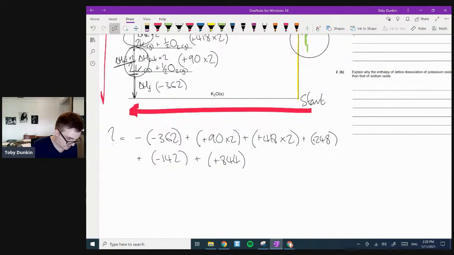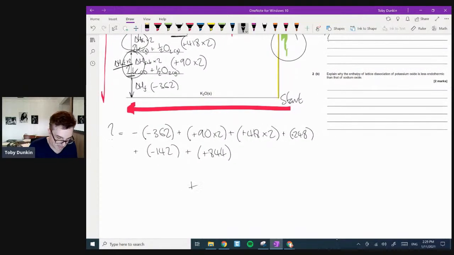Minus 362 plus, close brackets, plus brackets, plus 90 times 2, close brackets, plus brackets, plus 148 times 2, close brackets, plus brackets, plus 248, close brackets, plus brackets, minus 142, close brackets, plus brackets, plus 844, close brackets. And we get a value of plus